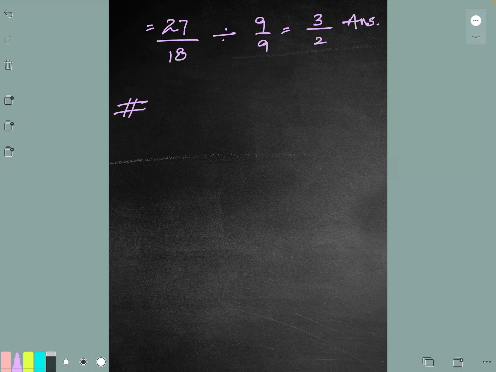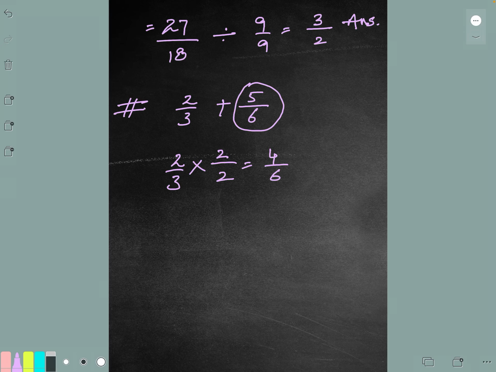I'm just explaining you in case your mother or some other person in your family tells you to do the question in this manner. Say for example, again I'm telling you, don't do it in the notebooks. Just another way of doing it. We have 2 upon 3 and 5 upon 6. If I multiply the first fraction by 2, I will get 4 upon 6. Then I can keep 5 upon 6 as it is already, because my purpose is to change them into the like fractions.